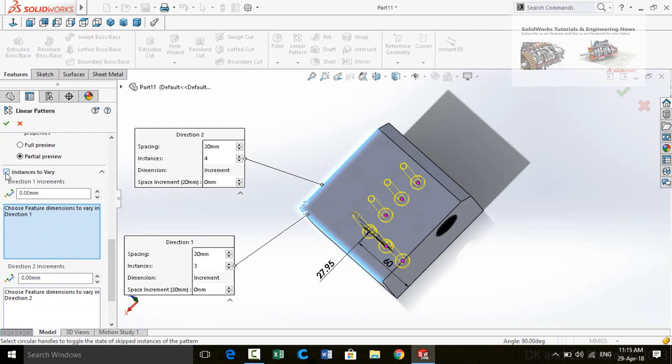So for that, check this option, instances to vary. Click on this instance, and if you want to skip it, just click on this option, skip. Unskip it. If you want to increase or decrease the distance of this instance, click on it and then modify it.